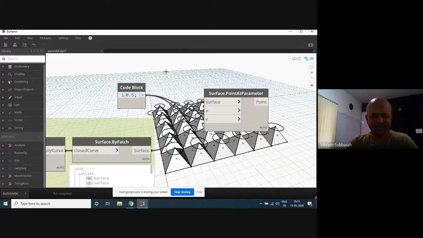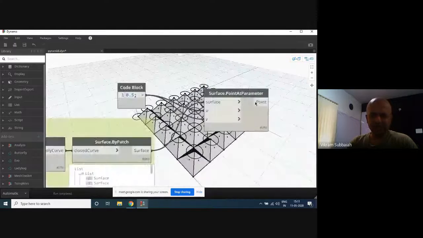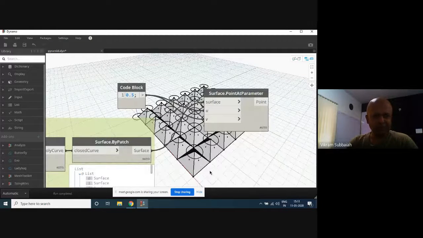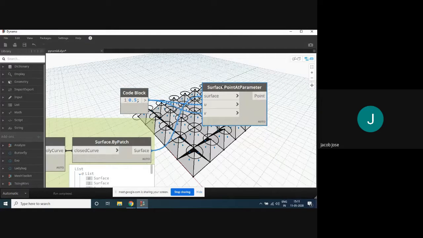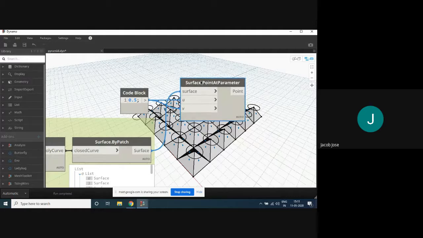Yes, this is actually not perfect. This is not how it should be working. It should be giving us the center of the surface, but this is how this software seems to work. If that center point of the pyramid is tilted somewhat in a y direction or something, this 0.5 will work.